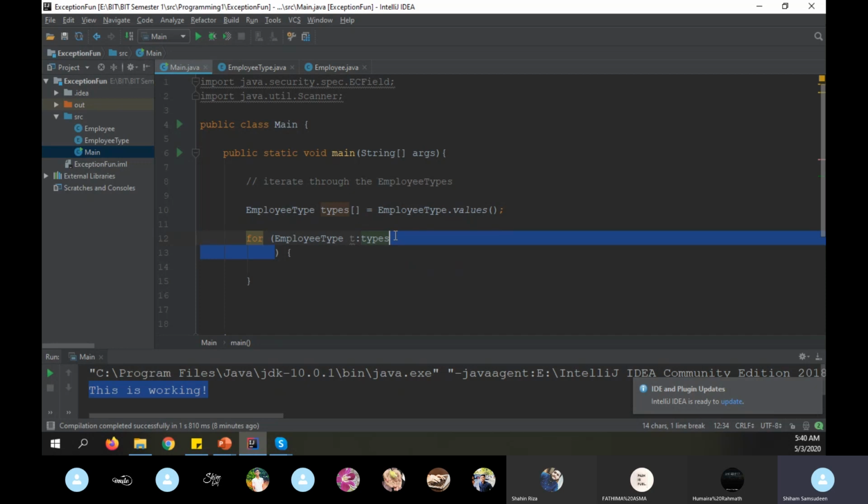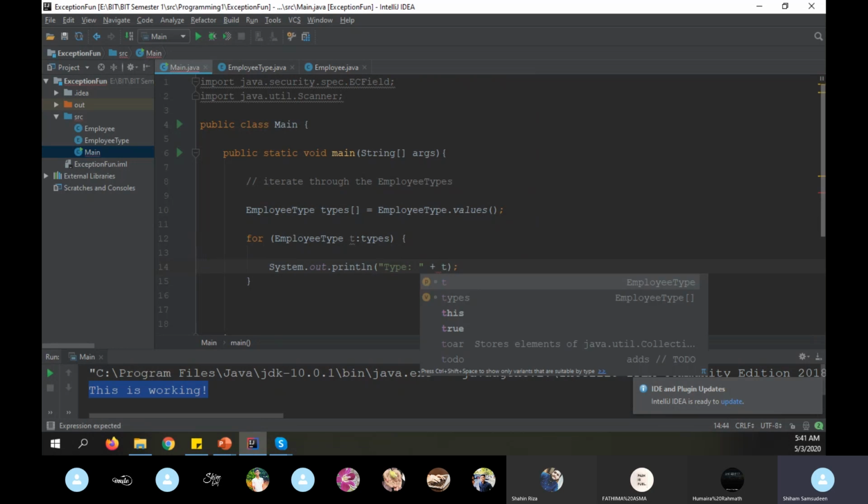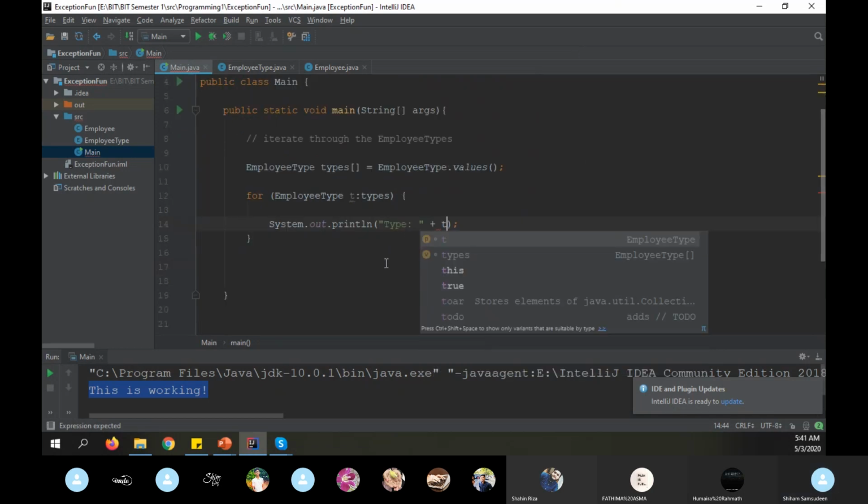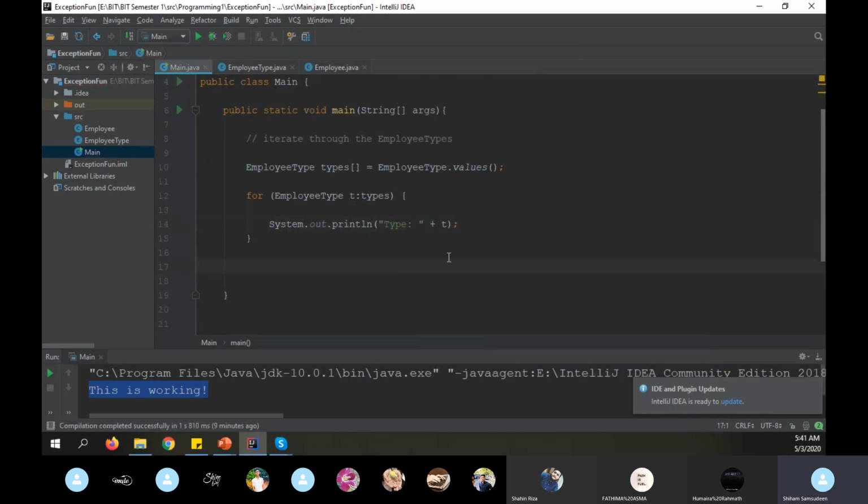Just take this here, and you can do a S out here. Type is T. If you just run this,